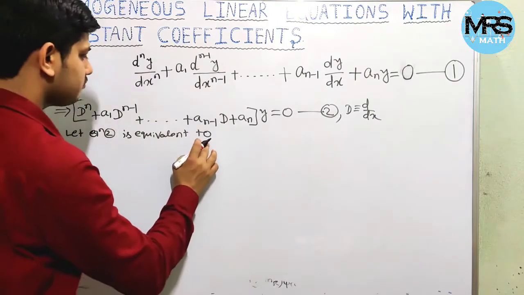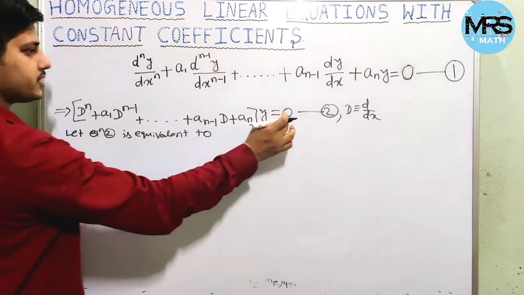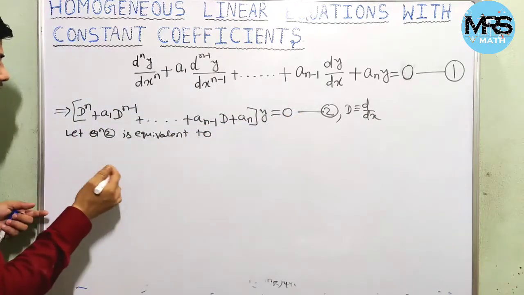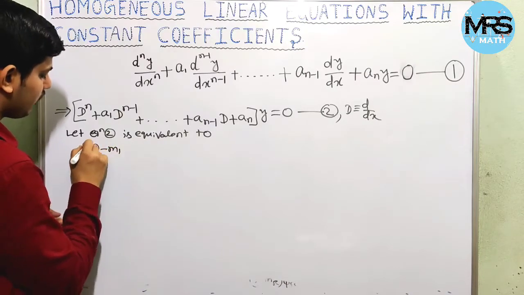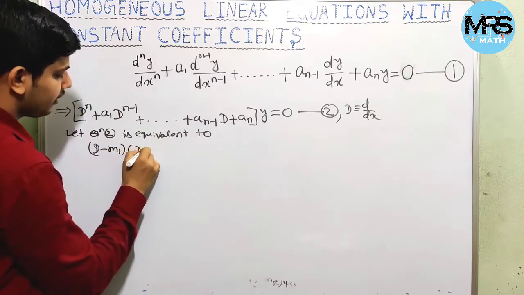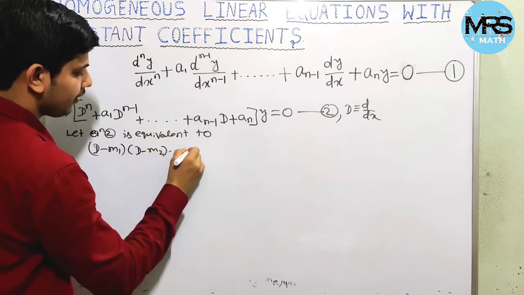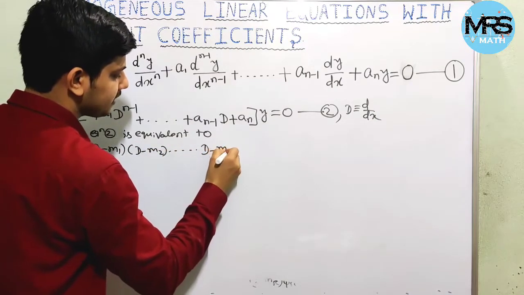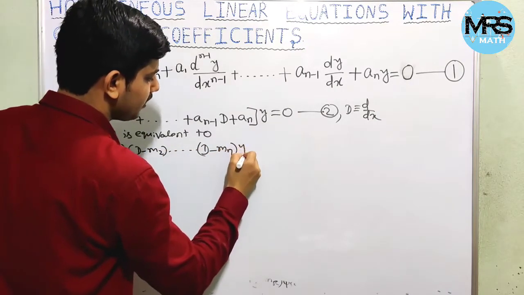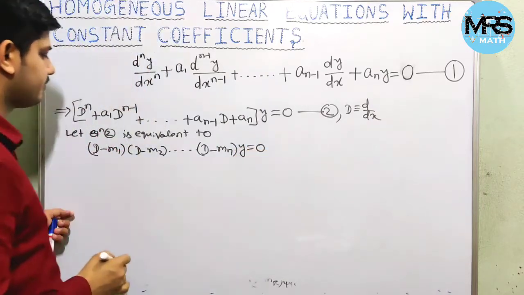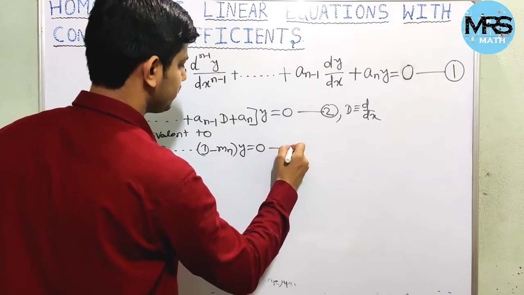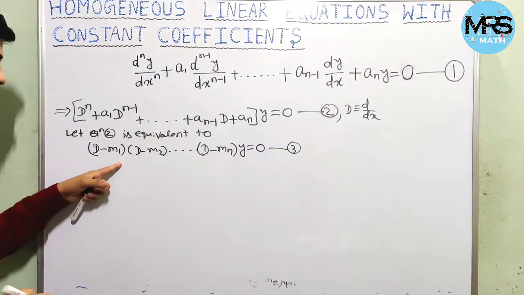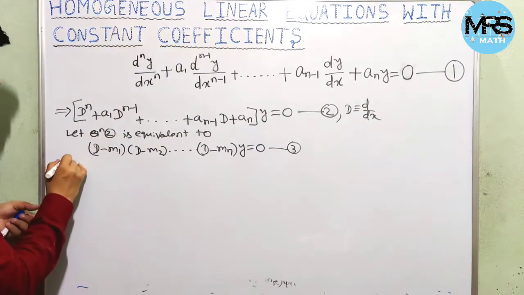So if we write equation 2 as D minus m1 into D minus m2 up to D minus mn, into y equal to 0, and let us say this is equation number 3, then